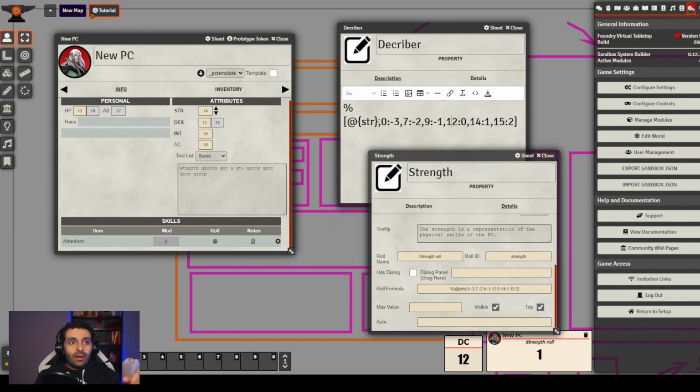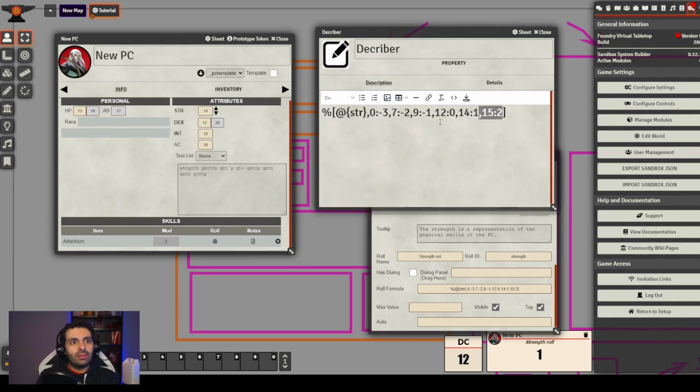So how do you do it? Before the first comma, you need to use the property or the roll expression that you need to evaluate, and after that, separated by commas, you introduce the separators and the values that you need to compare. Here the property we're evaluating is strength.